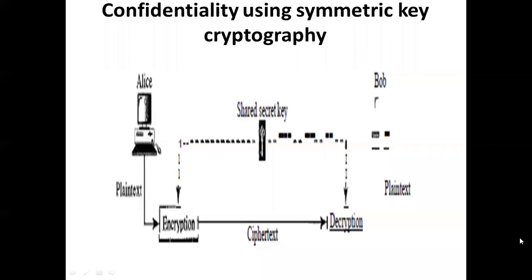So today in short, I will try to tell you how confidentiality is maintained with the help of cryptography. Generally, cryptography is implemented in two ways. One is symmetric key cryptography. One more is called asymmetric key cryptography. So first, we'll try to understand what a key is.